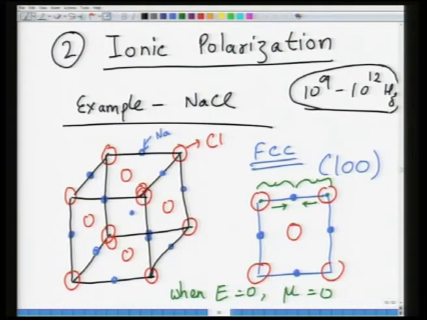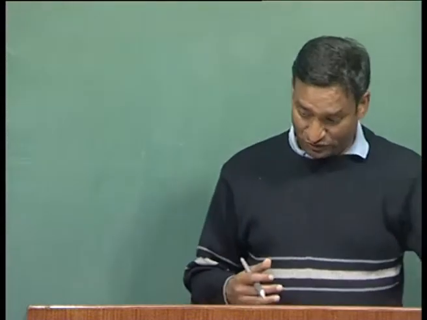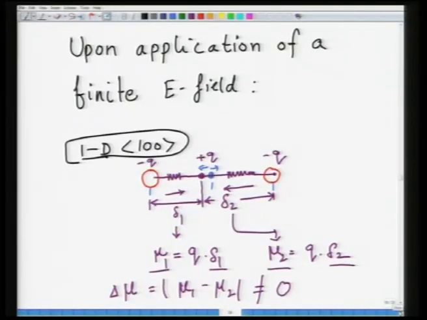Anything below this range will always have this mechanism taking place, provided the solid is multi-component, where you have cations and anions moving with respect to each other. Of course, this is not going to happen in a single elemental material, because you do not have differently charged ions. And the third one, as we looked at, was